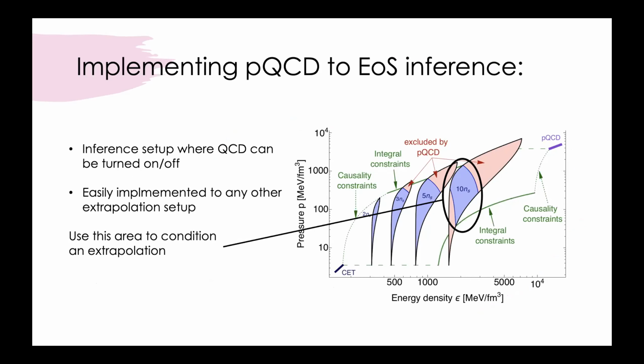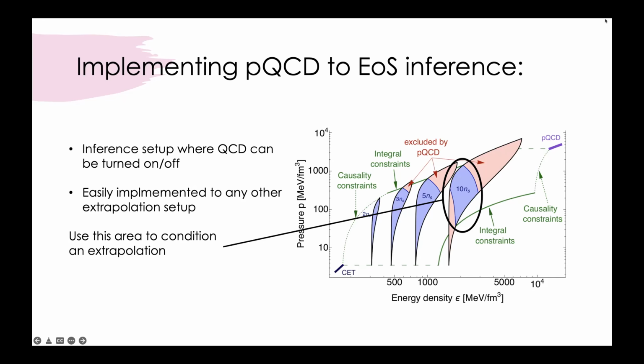So the idea was to have an equation of state inference setup, a Bayesian setup, where we can turn on and off the PQCD constraint to observe what is the added information that it gives us. And we also wanted to present the constraints that I talked about so far in a way that can be used by other people in their own inference setups in a simple way. And so what we didn't want to do is to have an interpolation approach,